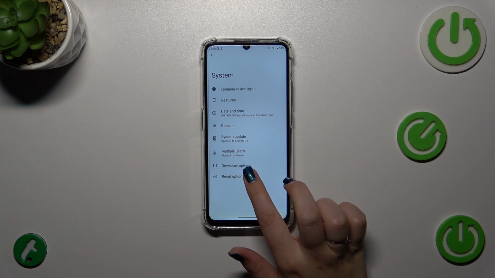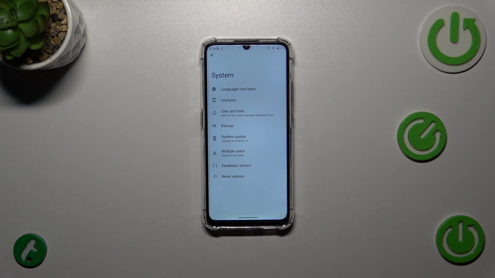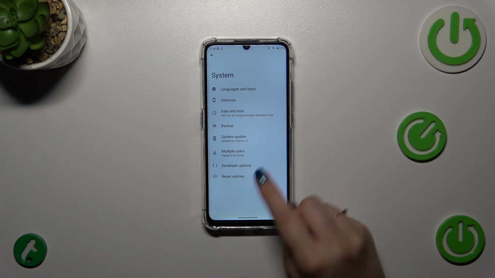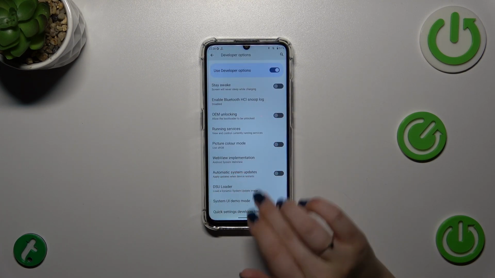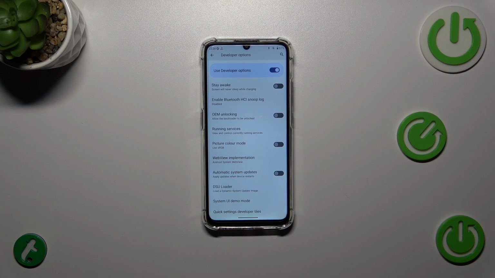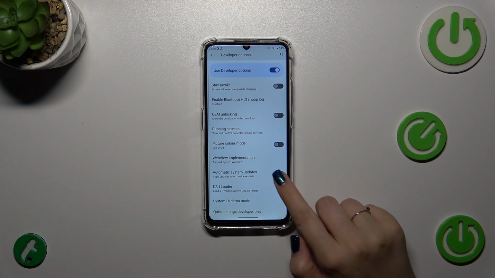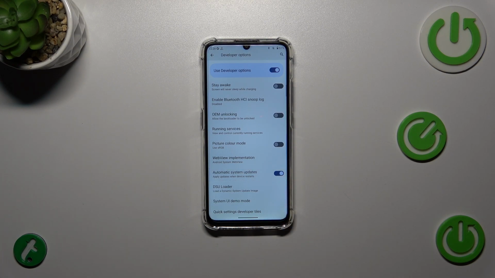Right here we've got the developer options, and if you want to learn more about the developer options, I highly recommend to check our tutorial about them so we can explain more. So let's enter the developer options, and here scroll down just a little bit to find this option, automatic system updates. All we have to do is to simply tap on the switcher,